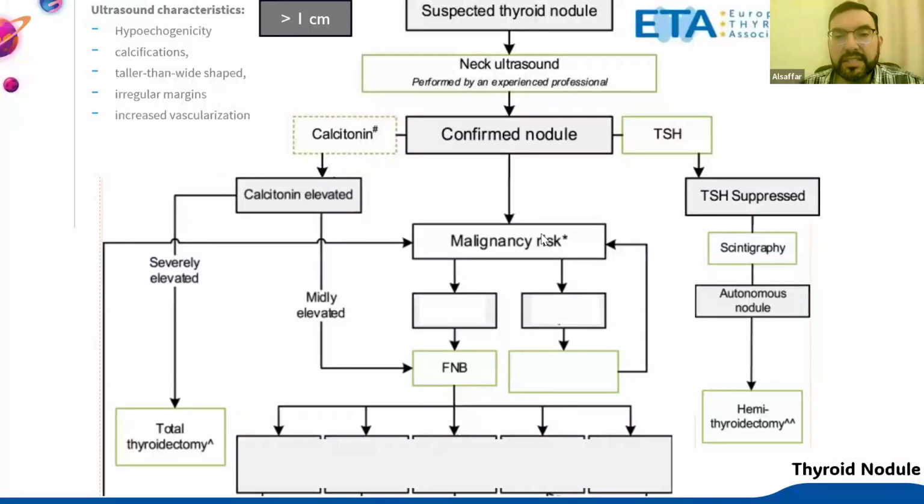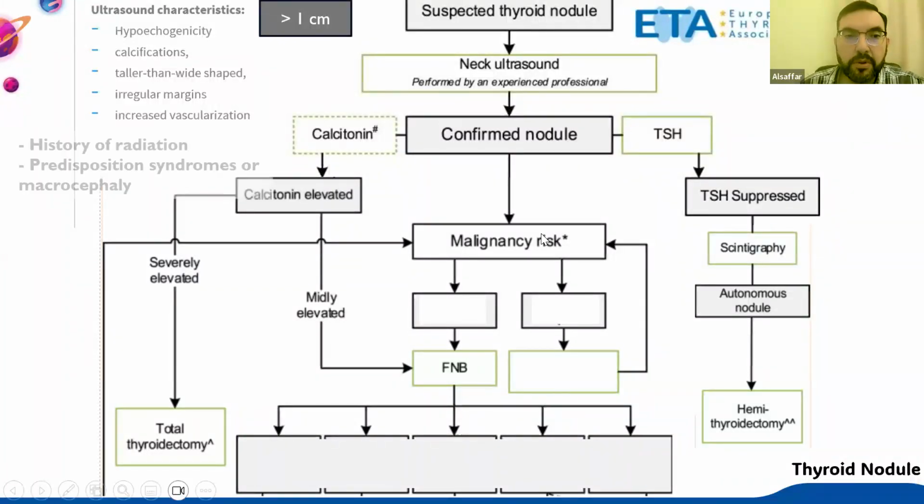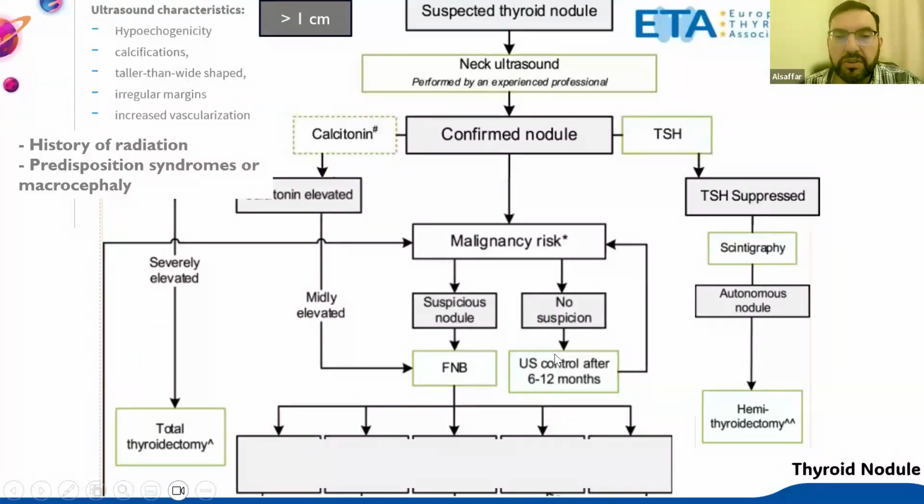If the malignancy risk is high, so for example, there is a history of radiation, head and neck radiation, or total body radiation, or there are predisposition syndromes, or the patient has got macrocephaly, and you remember those gene mutations that we mentioned, the PTEN, for example. So there is a malignancy risk here. And if the patient has got a suspicious nodule with these kinds of features that we mentioned, certainly fine needle biopsy is needed. If there is no suspicion, just ultrasound review after 6 to 12 months, and then you reassess